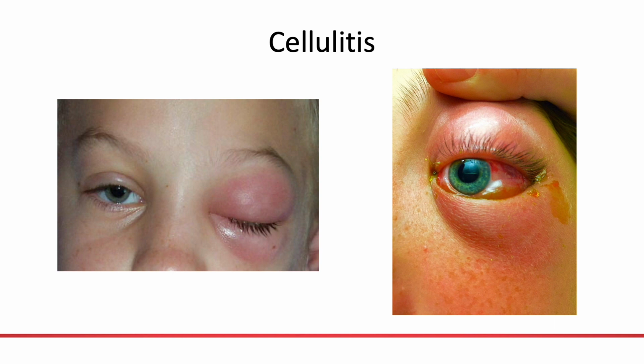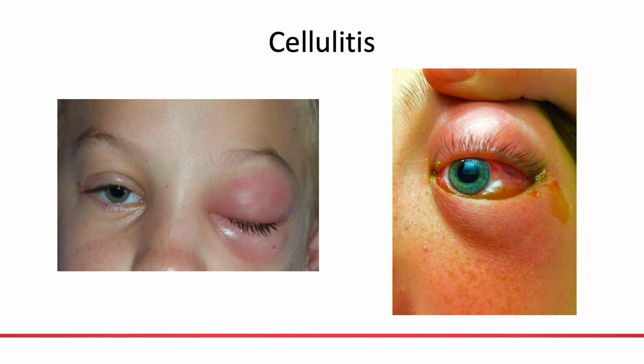So now we're going to go from the very beginning. Before we were at the globe, and now we're more in that anterior area, we're going to talk about cellulitis. So the big thing that we have to figure out with the cellulitis is where is it located. On the left, you can see a preorbital cellulitis, or just really an infection of the soft tissues anterior to the eye. It doesn't get past that blockage there, that really